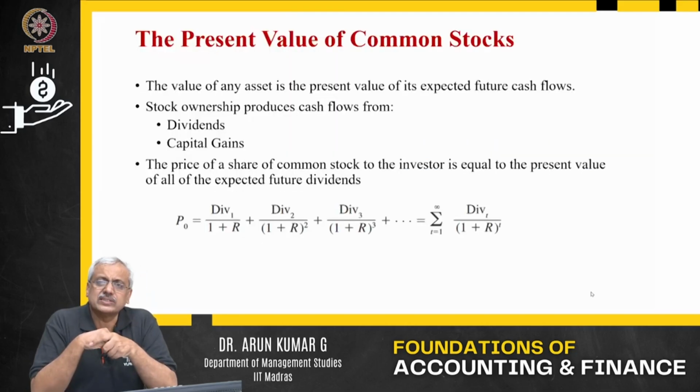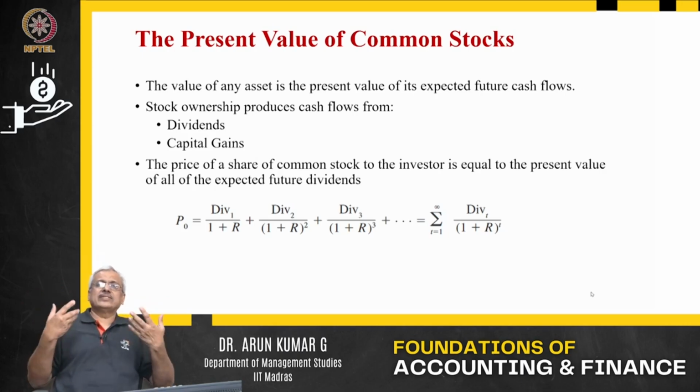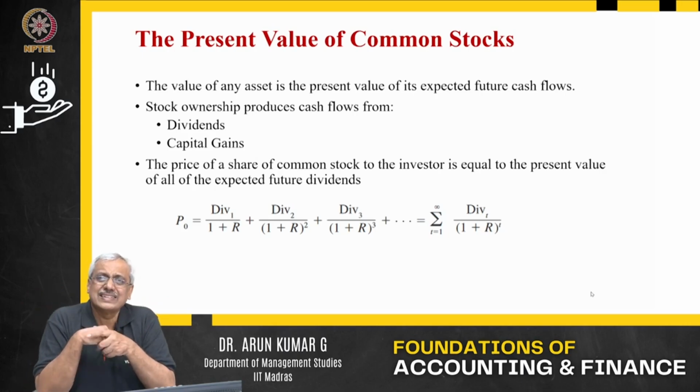When we talk about stock valuation, there are multiple aspects, multiple kinds of return you will get. Typically, if I look at an equity share, I am going to get return in two forms. One, in the form of a dividend, which is directly given by the entity in which I have invested in equity. Second, I am going to get what is called a capital gain when I sell this equity in the secondary market and somebody buys it at a price which is obviously higher than the price at which I bought it. That is what we call capital gain.